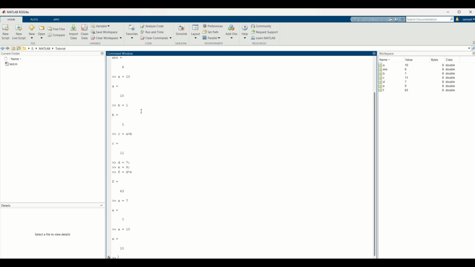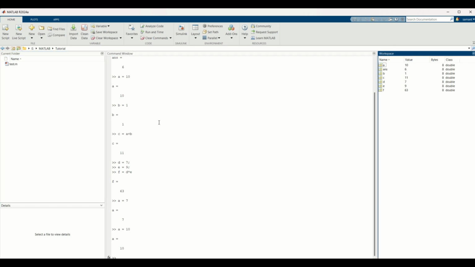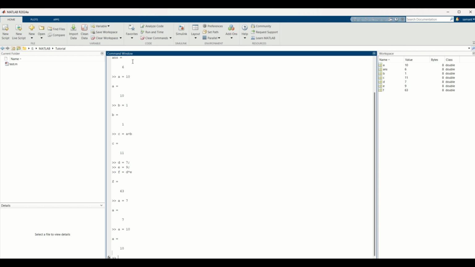In the previous session, we learned about the MATLAB environment, where we learned about the current folder, command window and workspace variables. In this session, we will be learning a little more about workspace variables. So we enter commands here in the workspace. But what happens when we close MATLAB?